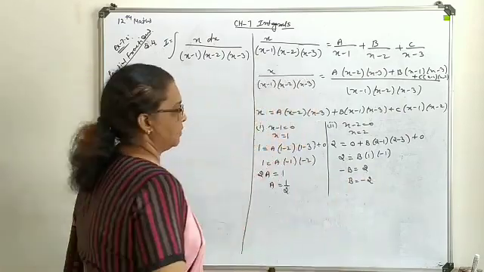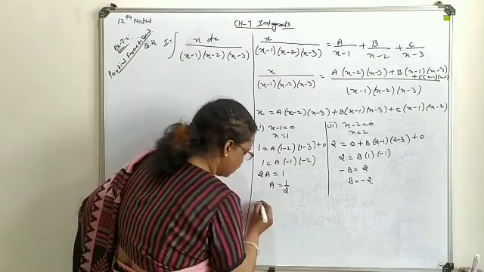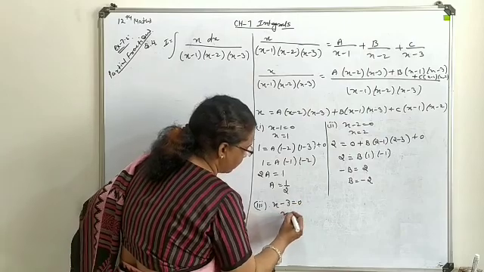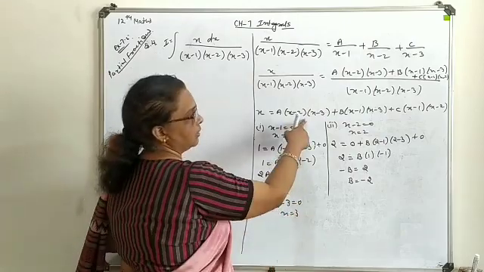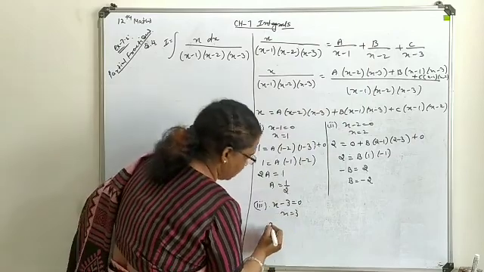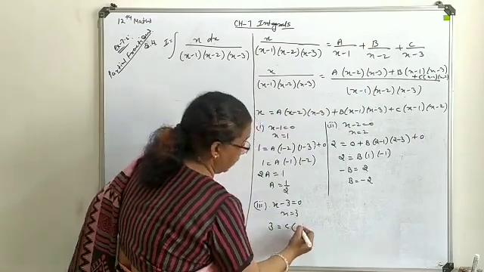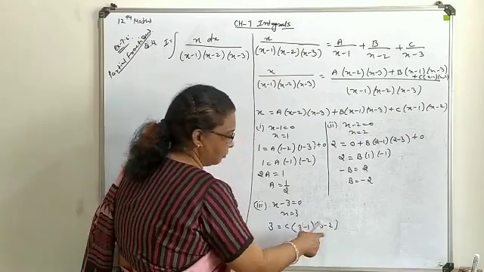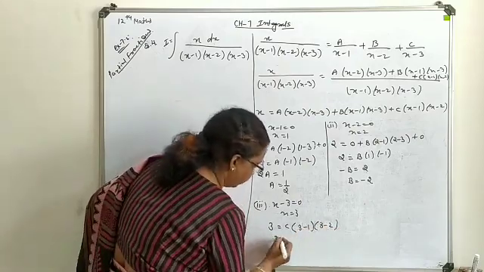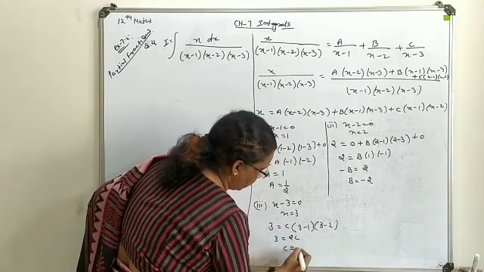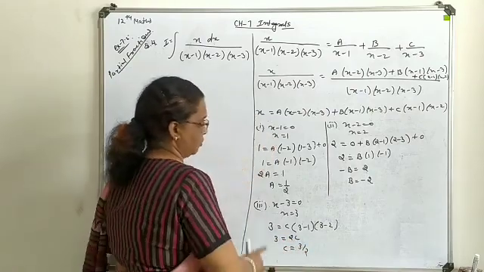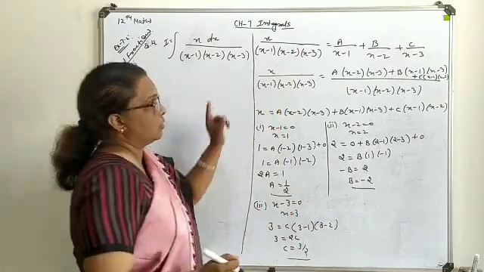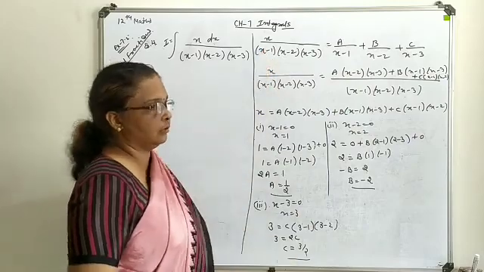Move towards the third constant evaluation. Keeping x minus 3 as 0, or you can say x is equal to 3, this will turn to 0, this will turn to 0. So this is 3 equals C(3 minus 1)(3 minus 2). This will give you 2, this will give you 1. So 3 is equal to 2C, and from here you will get C as 3 by 2. This way these three constants we have evaluated. So substitute in your question frame and then find the solution form.